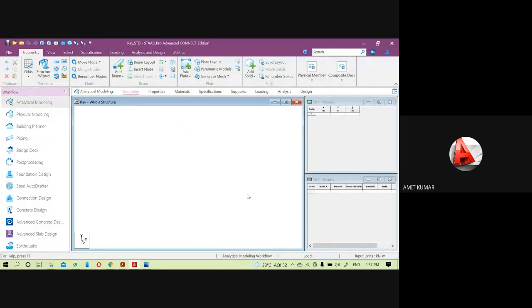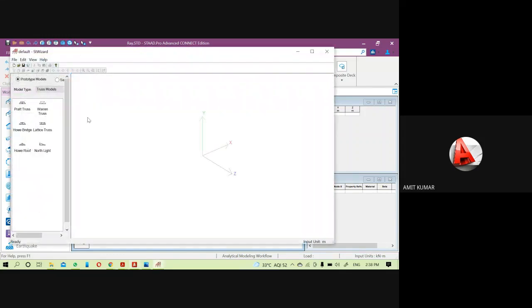Here to calculate this type of frequency, we will create a structure of 16-meter height and width, going to create it through the frame modes.